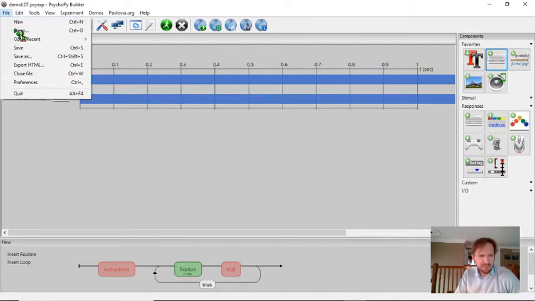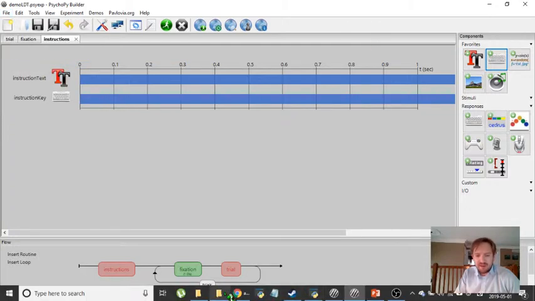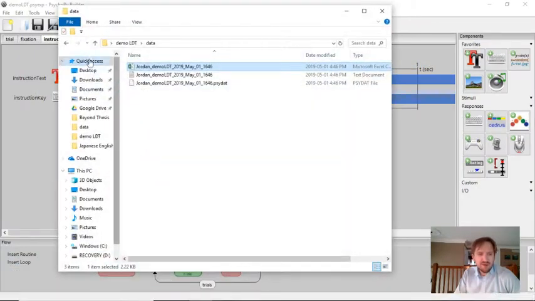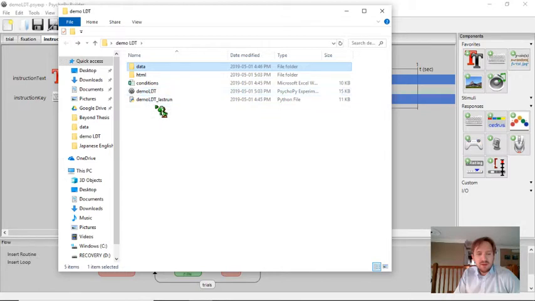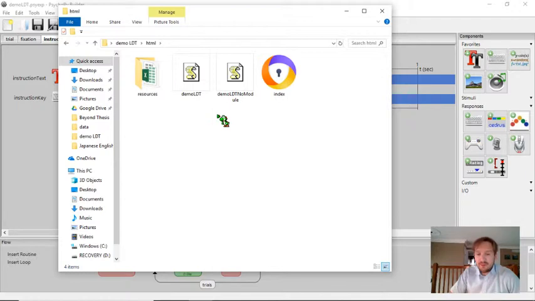If I go to File, I can export an HTML. So now if I go to that same folder that I was using, I don't need this folder. So if I go back to my folder, last time we had started out with a conditions file, we created this. After we ran the experiment, we got that in the data, and now I have an HTML file. So if I open up this HTML file,